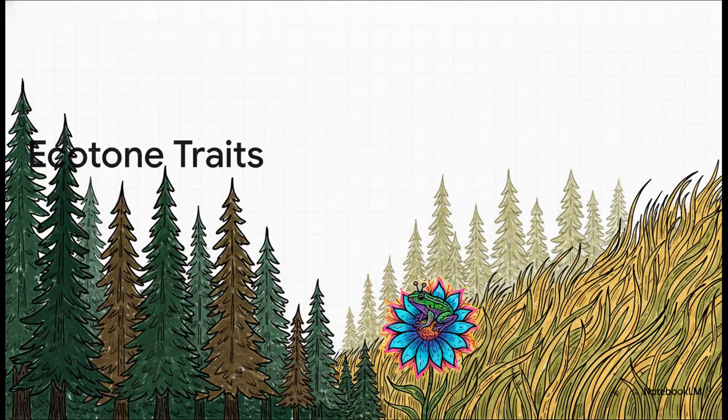Because an ecotone bridges two completely distinct worlds, it has some wild traits. First, it has intermediate conditions. You'll see a progressive shift in species, one community fading out while the other fades in. But, and this is cool, a well-developed ecotone also hosts completely unique organisms that you simply won't find in either of the adjacent communities. Plus, it triggers a fascinating ecological phenomenon known as the edge effect.